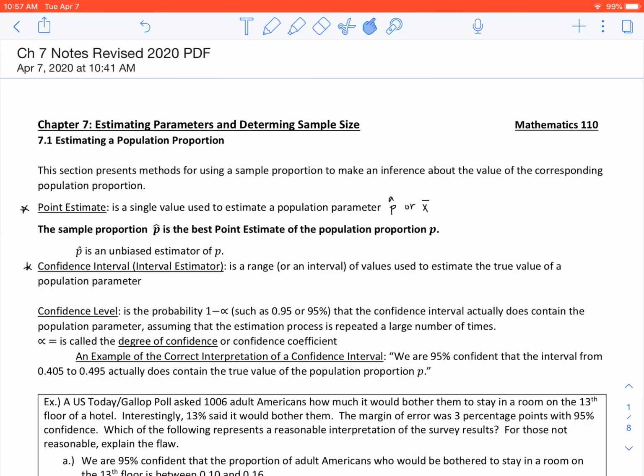Next thing that we have is a confidence level, which is the probability of 1 minus alpha, such as 0.95 or 95%, that the confidence interval actually does contain the population parameter, assuming that the estimation process is repeated a large number of times. Alpha is called the degree of confidence or the confidence coefficient. An example of the correct interpretation of a confidence interval: